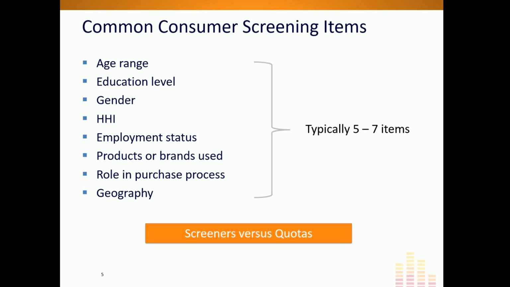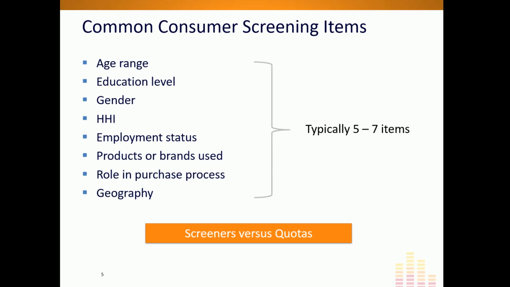Now, there are a couple of important distinctions we need to talk about, because traditional demographic items have shifted a lot in recent years. For example, when we ask about gender, depending on your product category or topic, you might want to offer an other or prefer not to say option. You may want to think about different ways that people want to check a box to indicate their gender, right? So things have changed in recent years, and we need to be aware of that. Otherwise, frankly, we look ignorant, and also we may not be giving people an opportunity to screen in correctly.